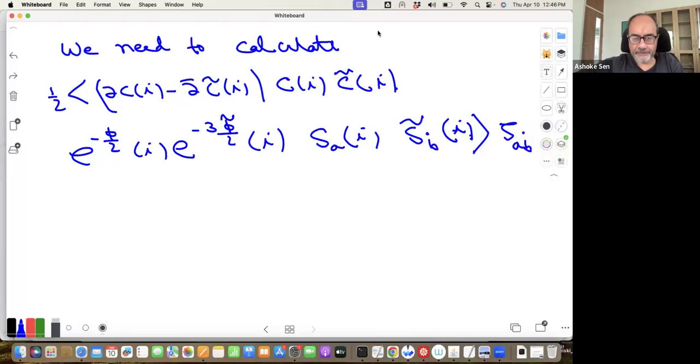So this is in 2B; 2A will be opposite. Now you want to make the replacement. We know how to replace c tilde e to the minus 3 phi tilde by 2, because phi tilde will be replaced by phi with an opposite sign here. But what about this one? So for this, we need to recall